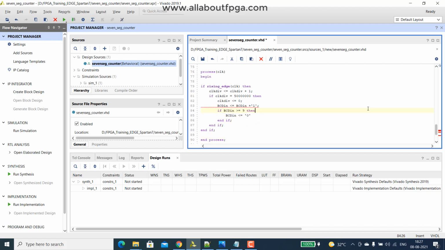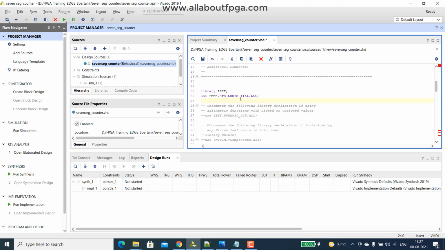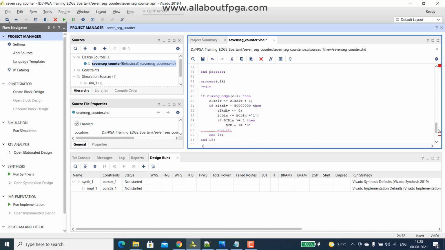Done. So we have to declare IEEE.std_logic_unsigned.all. For declaring any increment kind of thing, we have to declare that.